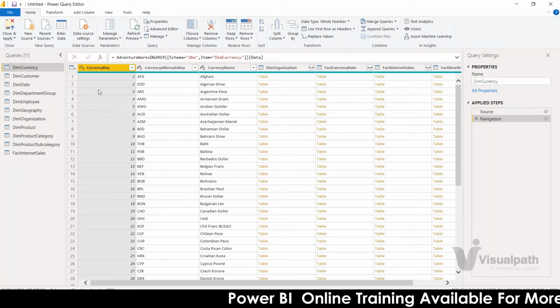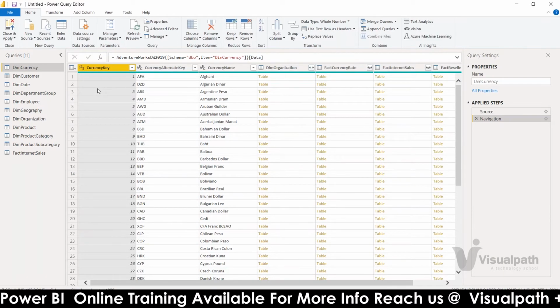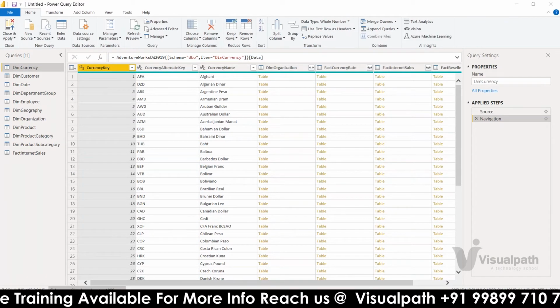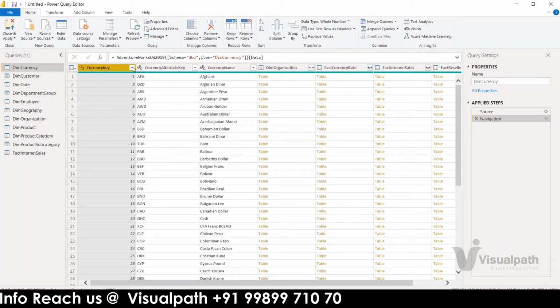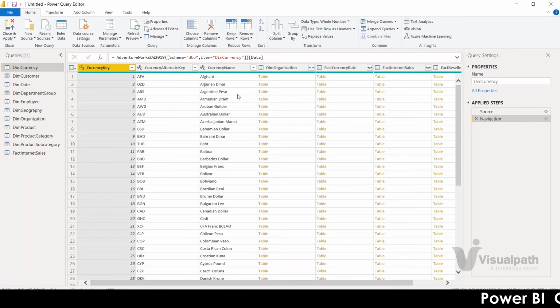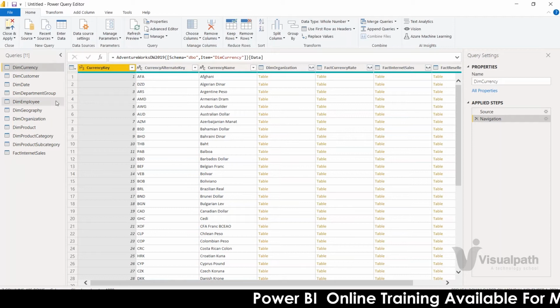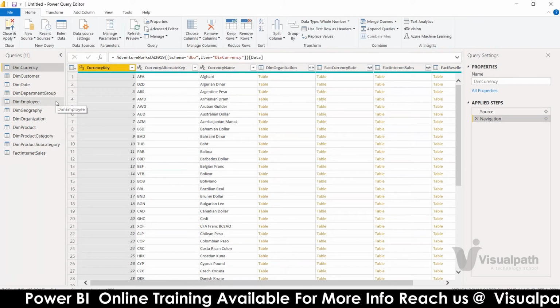So simple. Once you come to Query Editor, whatever the requirement is according to your user story, I have shown you, right? You'll be given user stories for every development. So according to the description, if you feel you have to change something, you will make those transformations and click on close and apply, and those changes will be applied into Power BI desktop as well, and then you start developing your visualizations.